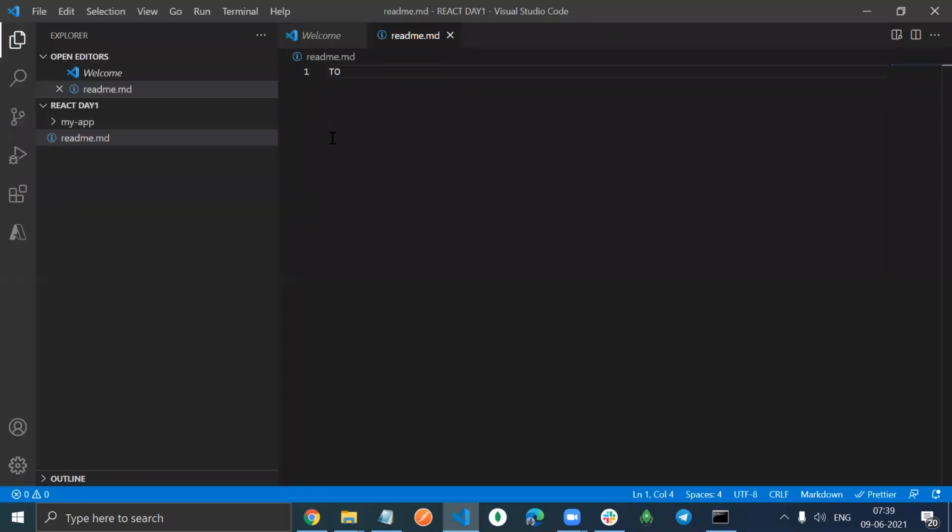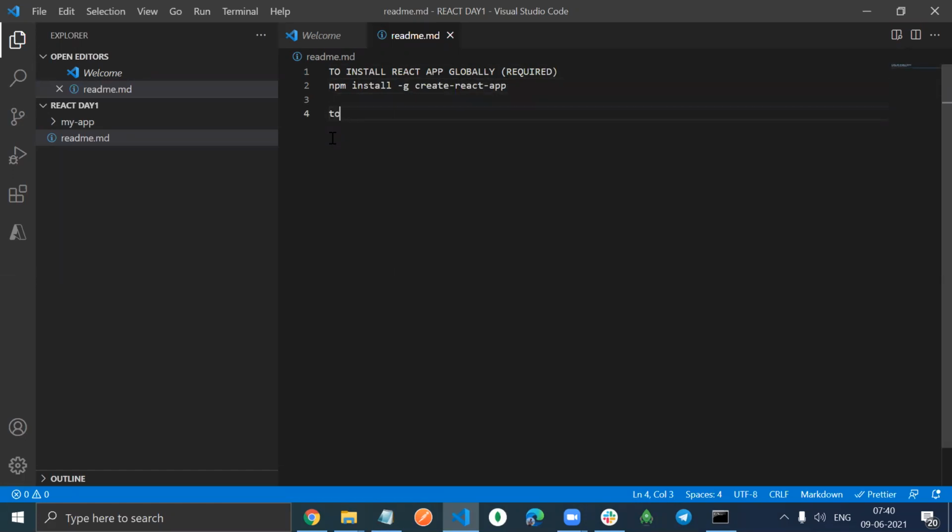To install React app globally, that is required. What I have to do? You have to use npm install followed by -g, then create-react-app.